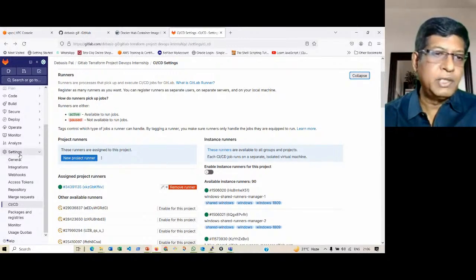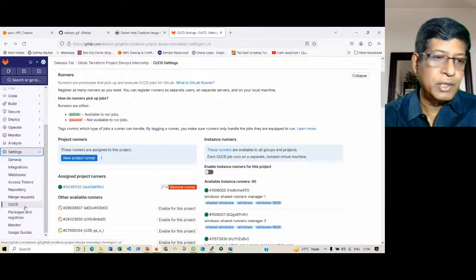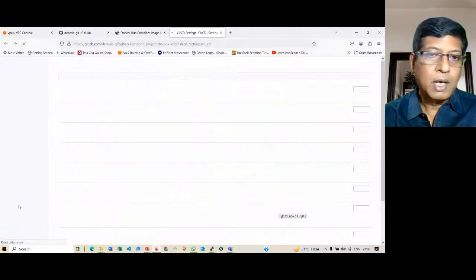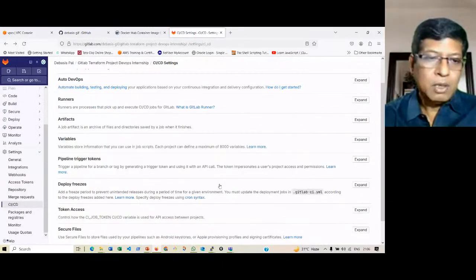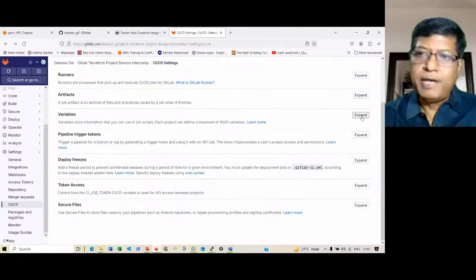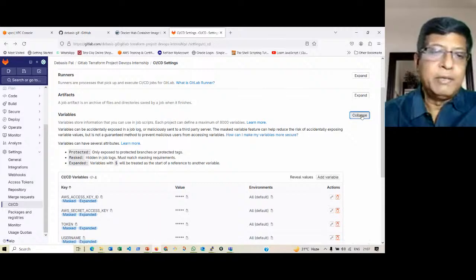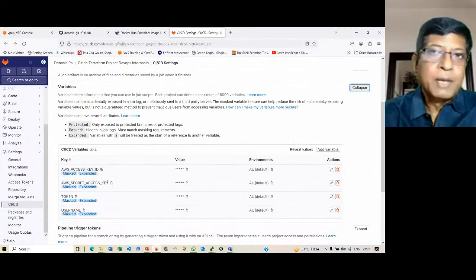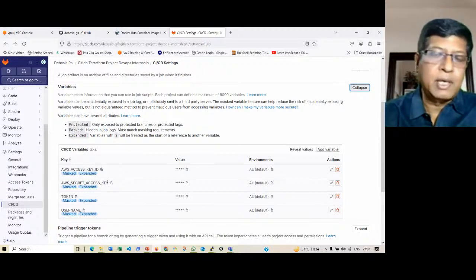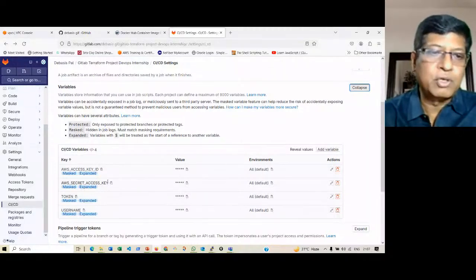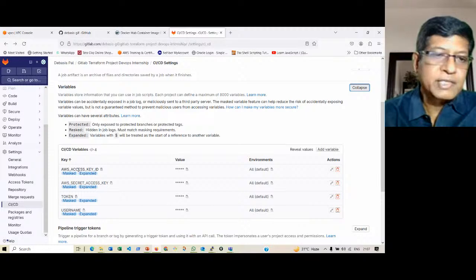Now, one more thing that I need to do is, I hope you are following, though I have to rush a bit, but that is okay. Variables: they're CI/CD hidden variables. These are the secret variables. Because I'm using Terraform, any external tool which gets into AWS or any cloud will need an access permission, an authorization permission. And through this access key, I will be allowed. So through AWS CLI, I was able to create this. This access key is nothing but